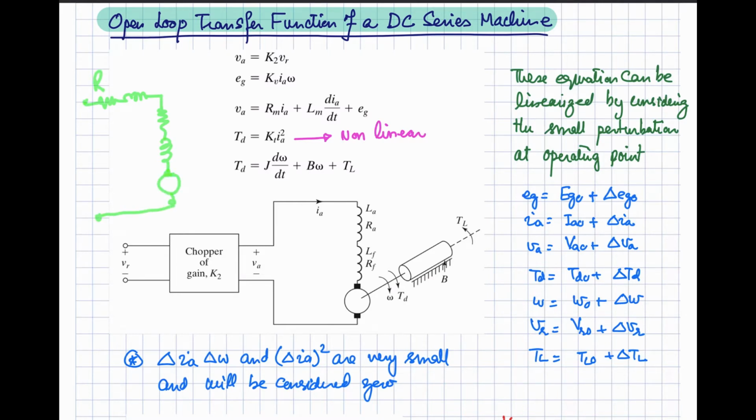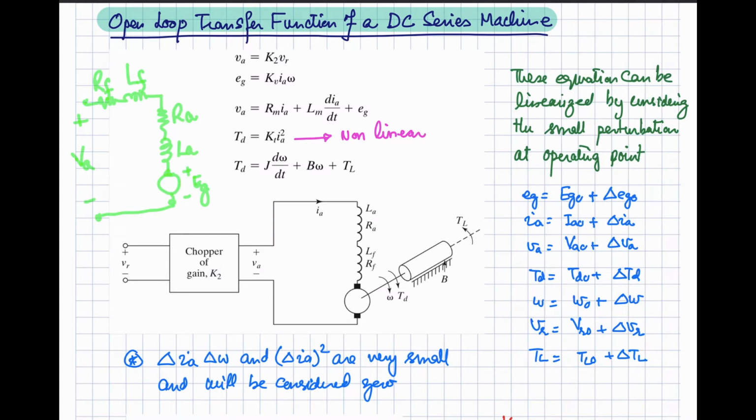Let's suppose that this is the field resistance, the inductance of the field winding, the resistance of the armature winding, and the inductance of the armature winding, and this will represent the induced EMF, that is the back EMF in the case of a motor. So you are going to apply the terminal voltage over here. Let's suppose that voltage is VA.